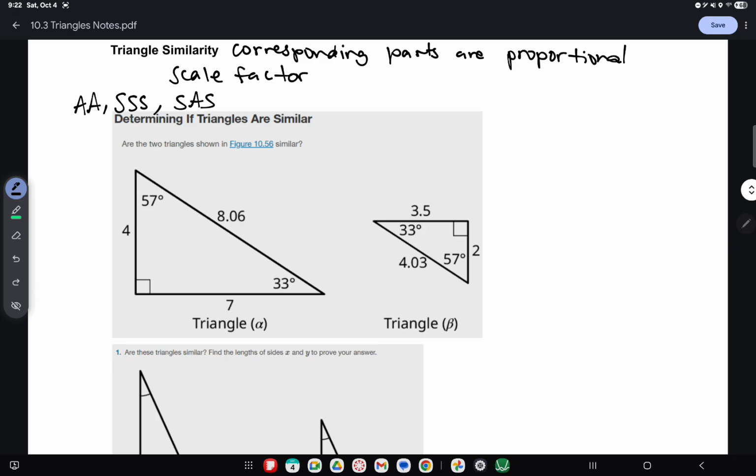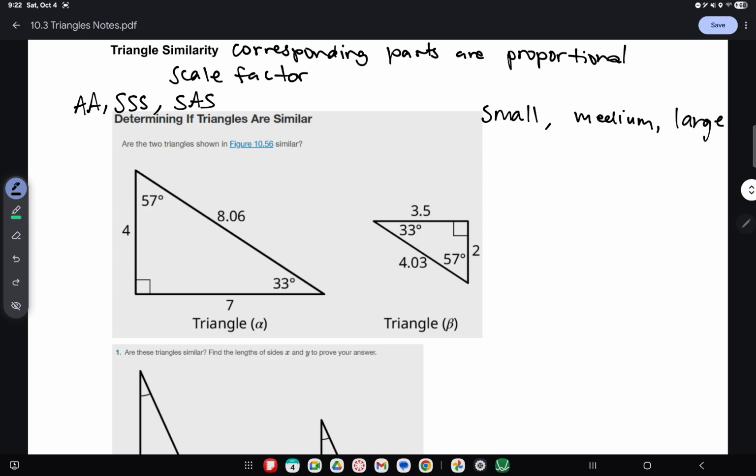So there's a small side, a medium side, and a large side. Okay, my handwriting is atrocious there. Try again. Small, medium,